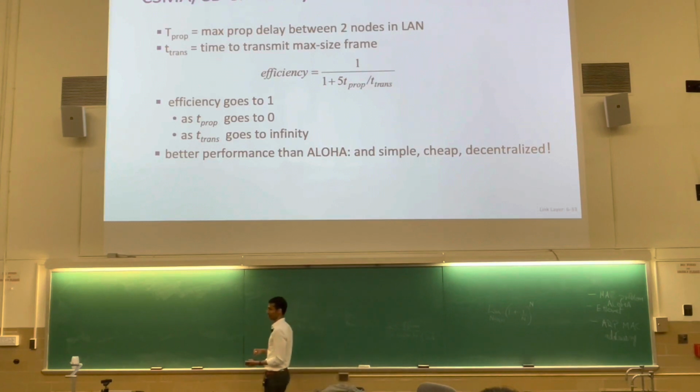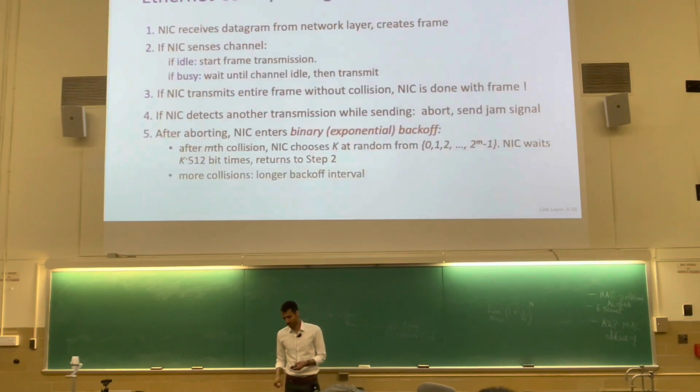Let me move aside so you can look at the formula. Why would this be? If you send big frames, or if the Ethernet itself is a slow Ethernet, it'll be more efficient. Because if a large frame goes through successfully, you can occupy the wire for a longer period of time. So you're utilizing the wire for longer. Good. So let's go back to this picture.